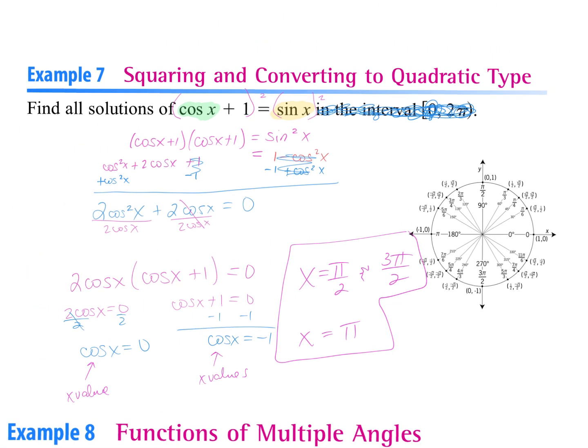So when you start off with 2 different trig functions, neither of them squared, just square both sides. Create the identity and then convert. All